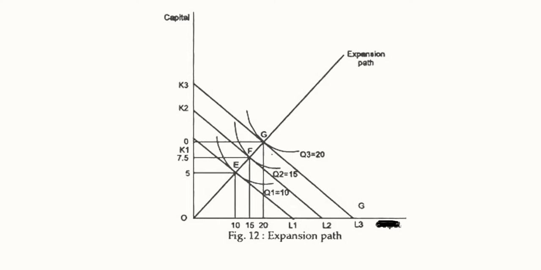Now we can see that these equilibria have joined, and if the line starts from the origin, it will pass through all these equilibria, and it will give rise to this path, which can be termed the expansion path, because it is showing that if we are increasing the labor and capital in a certain proportion, the output is also increasing in the same proportion. So that is a desirable thing for us, and it is showing that we are actually dealing with constant